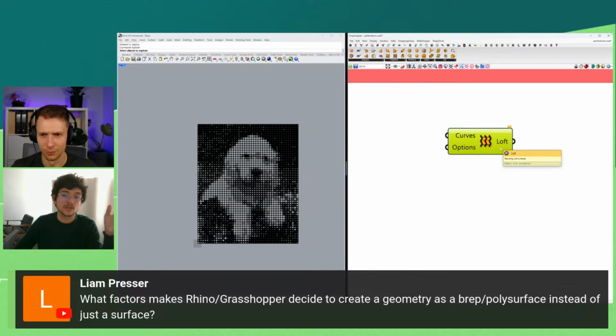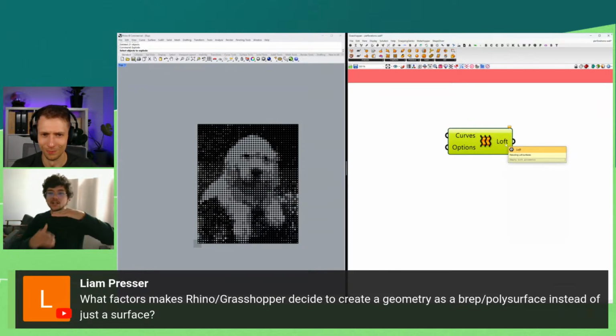Remember, these are just data types. They decided that the data type is going to be a BRep, probably because depending on the keywords that you provide, the output could be a surface or a polysurface, because both are BReps. That's why you need something more generic.